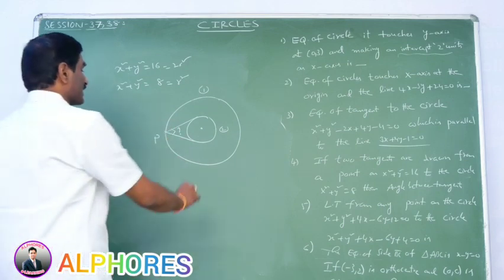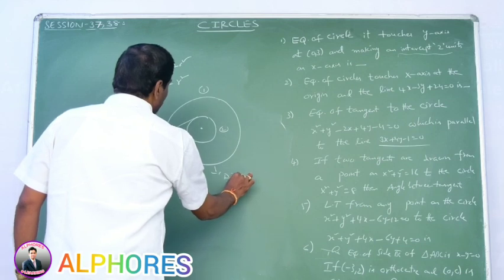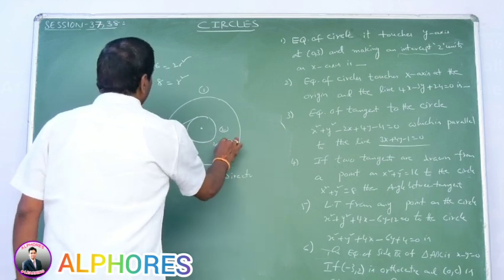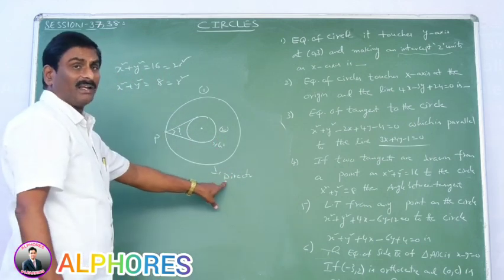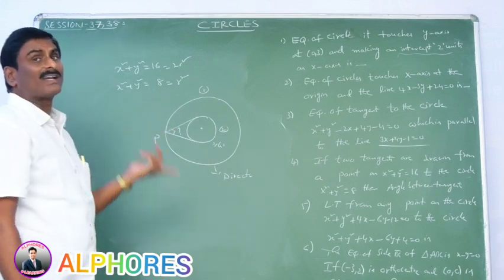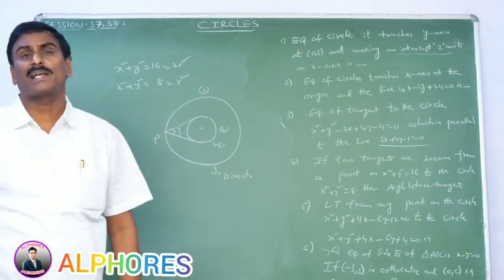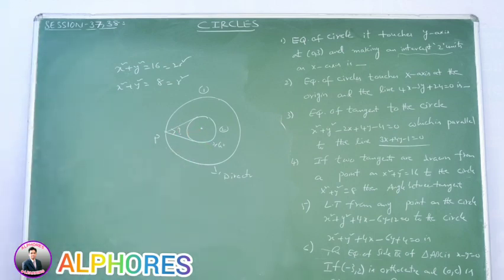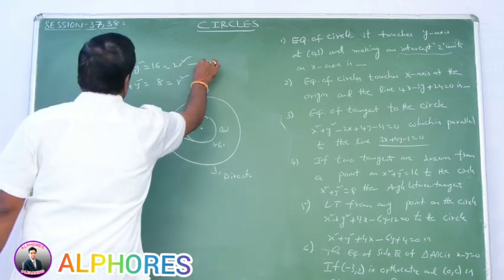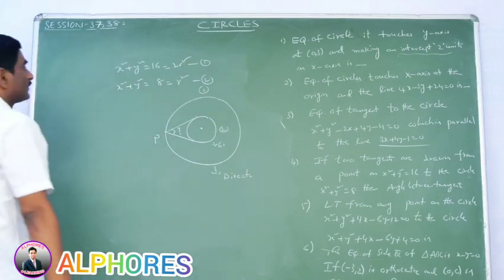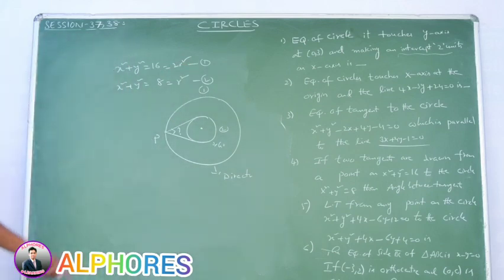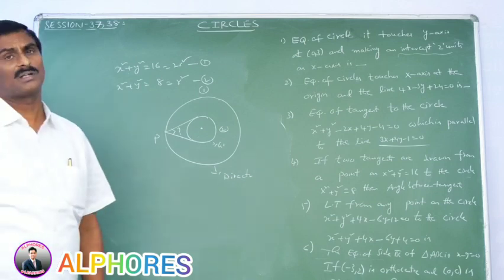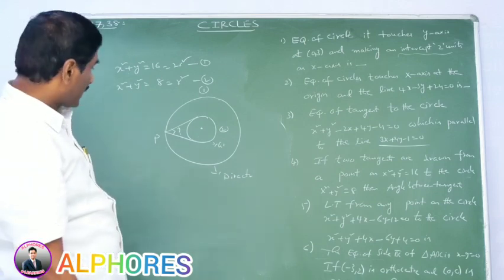It is the director circle of the given circle. Angle between the tangents of the director circle is always 90 degrees. So, angle between the tangents is equal to 90 degrees. Please note this point. It is 1, it is 2. Clearly, circle 1 is the director circle of circle 2. So, angle between the tangents is equal to 90 degrees. Okay, next,